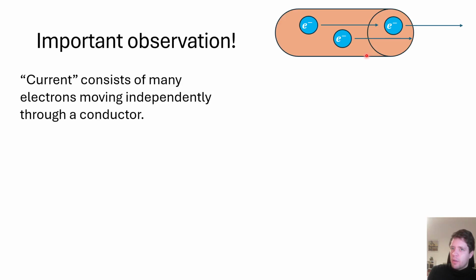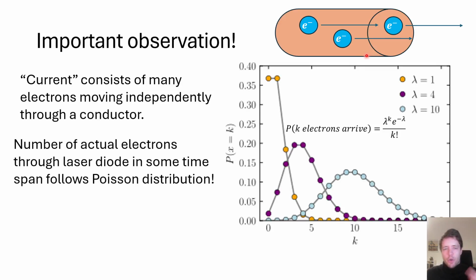So there is another, or final, important observation we can make here, and it's a little bit subtle, so I will explain it in detail. When we feed current into any kind of system, it's typical that we report the current in terms of amps, which essentially is a measure of the number of charges passing into the conductor per second. And if we have, let's say, 100 charges coming in, it's very easy to imagine that we just have 100 charges every single second. But the reality is that any kind of current always consists of a very large number